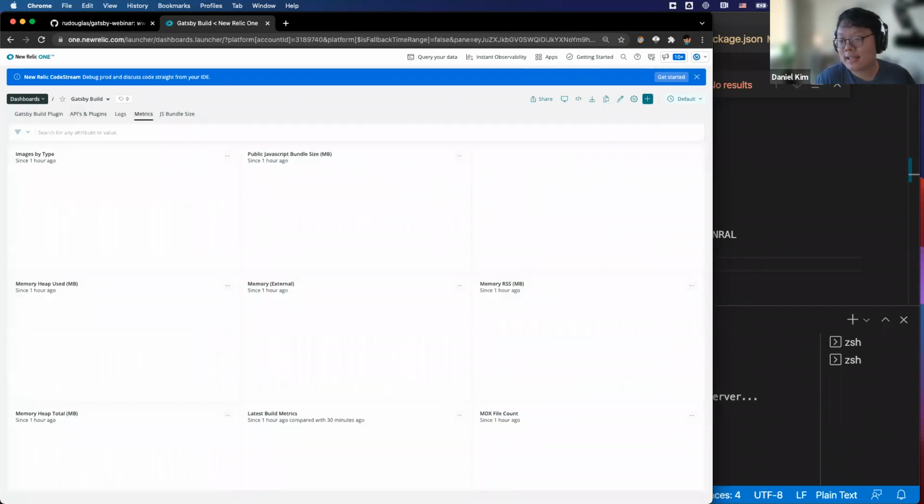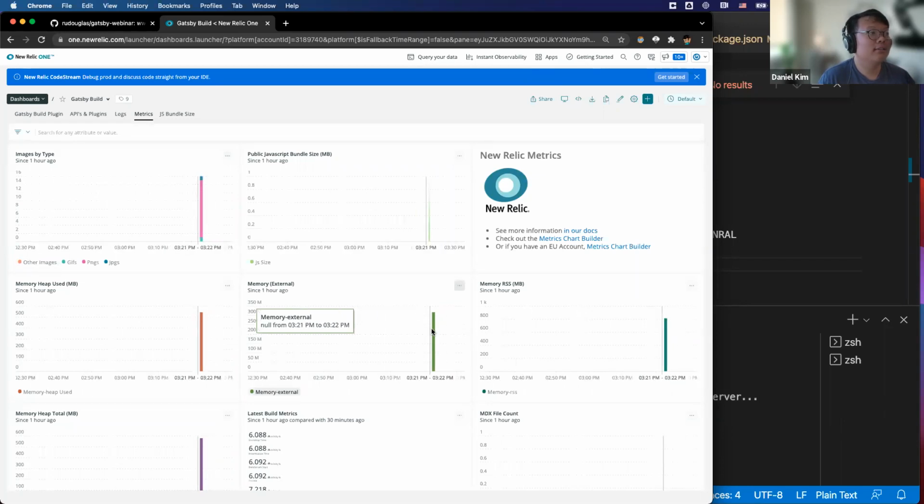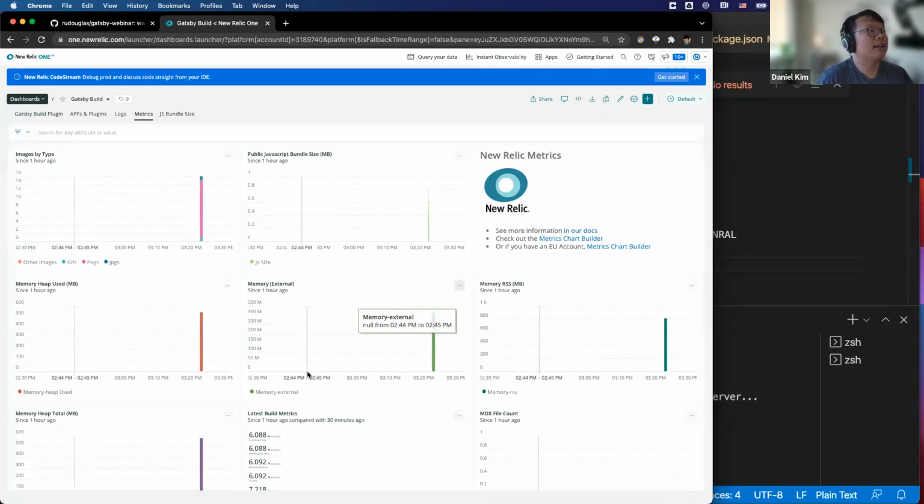Actually, that leads into metrics. That's the next point I want to talk about: metrics are basically data points that we send to New Relic to track various things. You can see how many images are on our website, which is 14. You can see the number of JPEGs, GIFs, or GIFs. Sorry if I offended anyone by that. And you can also see overall numbers of images here. You can track a lot of metric points here. So when we push a more efficient build in a couple of minutes, we can use this UI to compare and contrast how our improvements to our code are reflected in the measurements here.